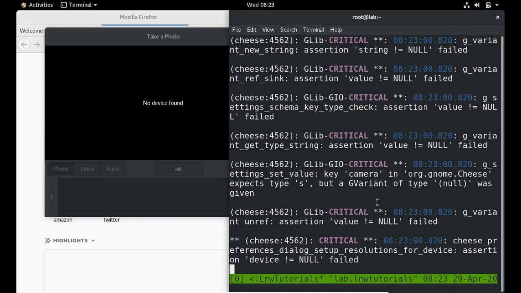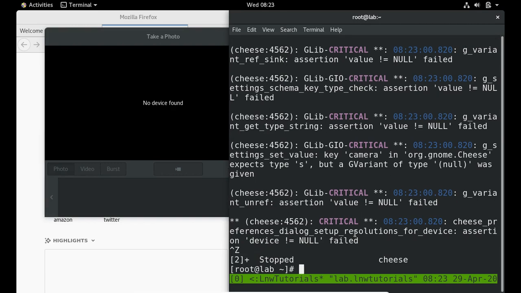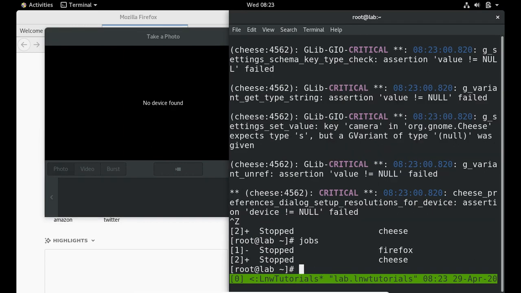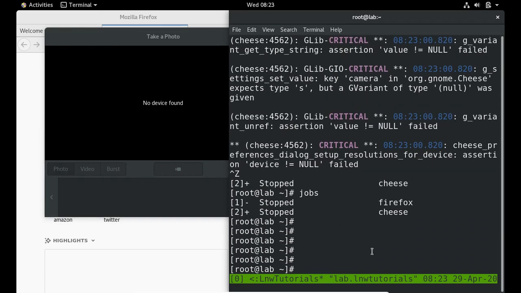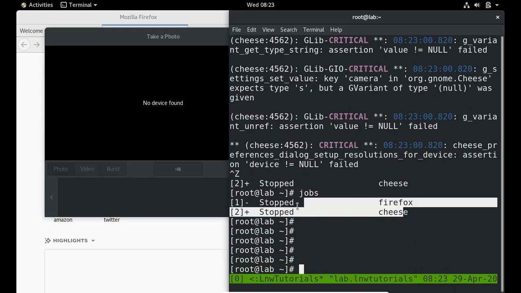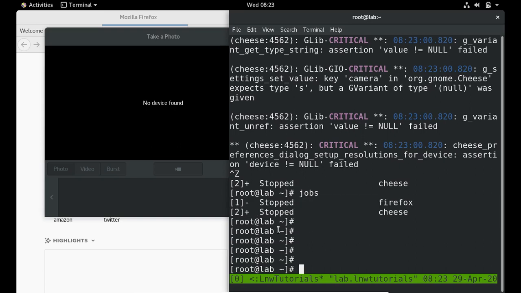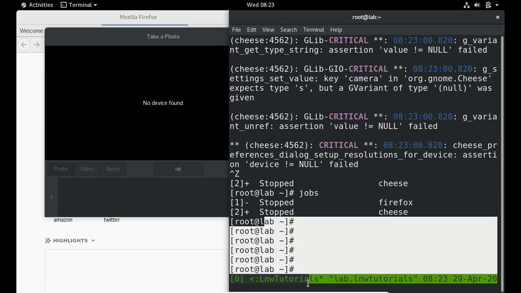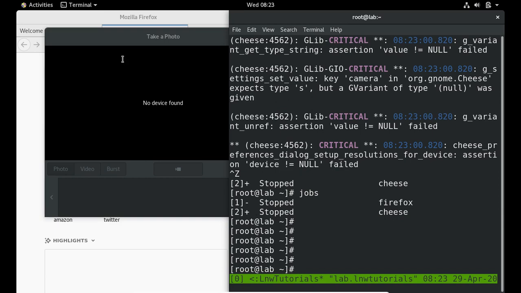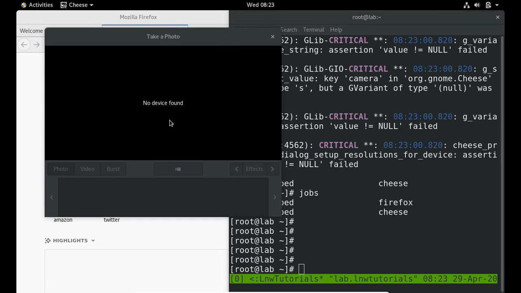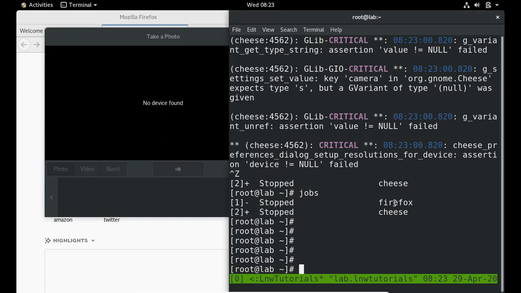Well, overall I'm just hitting Ctrl Z to stop. Now I check the jobs, and these two jobs are running on this prompt. If I close this terminal, then both the processes which I have executed, one for Firefox and one for cheese, will be terminated.